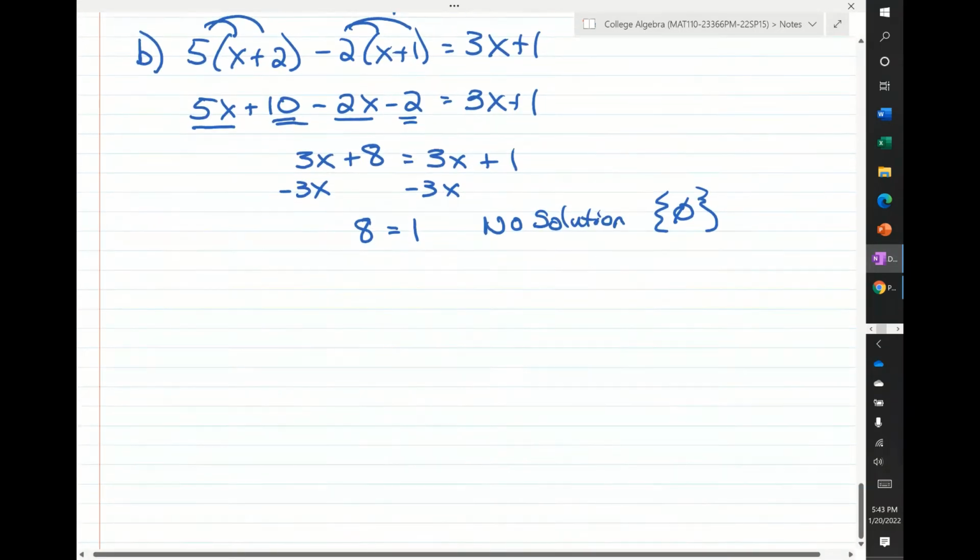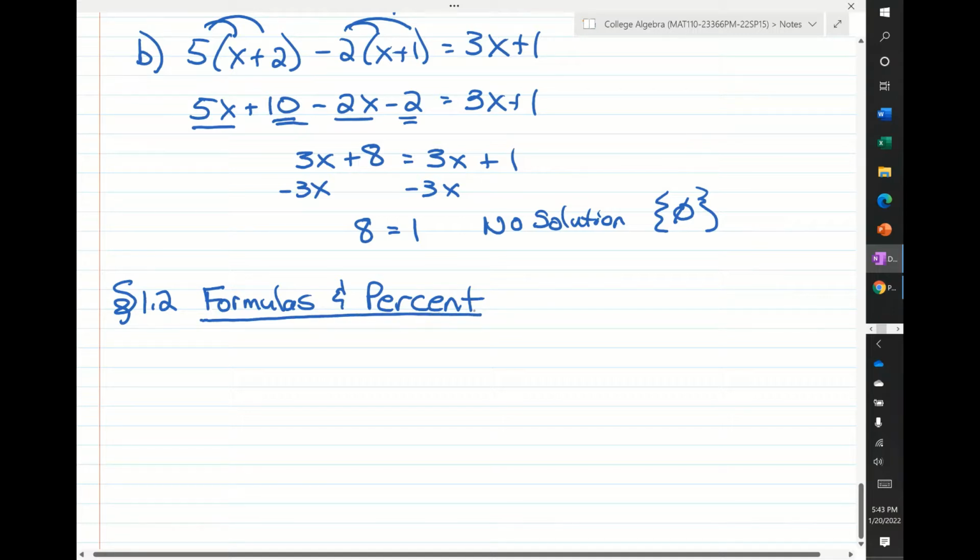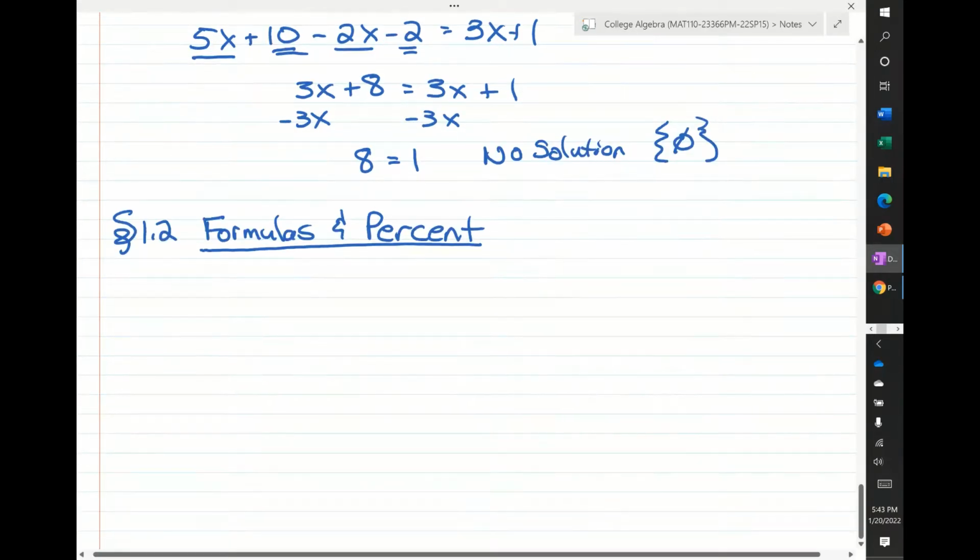That'll be section 1-2. It's called formulas and percent. I had a few examples with formulas I wanted to do, then we'll talk about percents, and that should take us to 6:15. So a formula